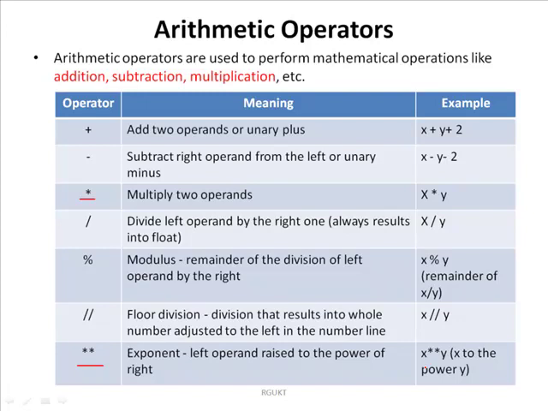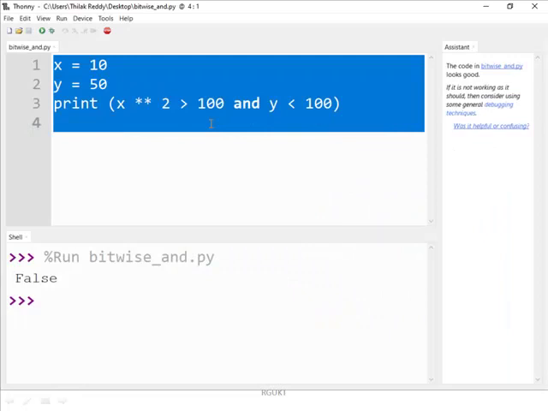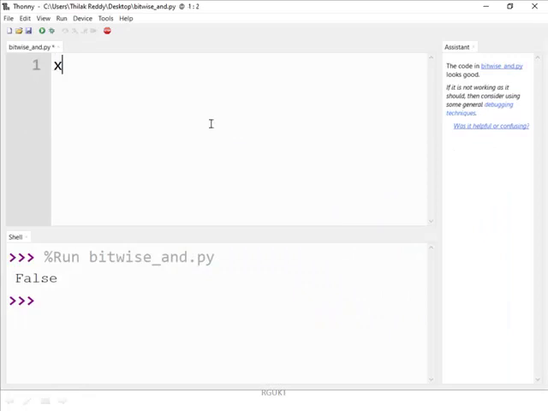So we are going to see one example. First I am going to take two values. x is one variable, where I take 10, and y is another variable, where I take 20.